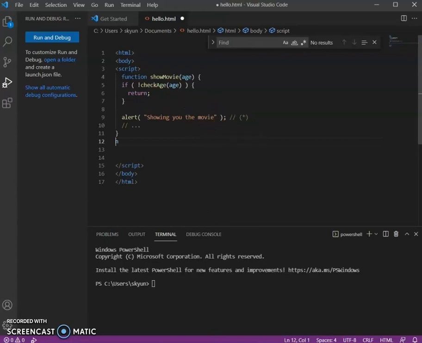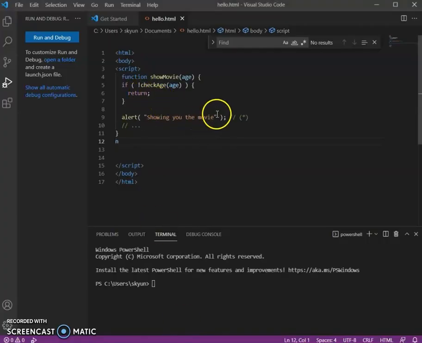So here, if check age returns false, then show won't proceed and alert won't run. And the next one is naming a function. Functions are actions, so their name is usually a verb, and it should be as brief and accurate as possible